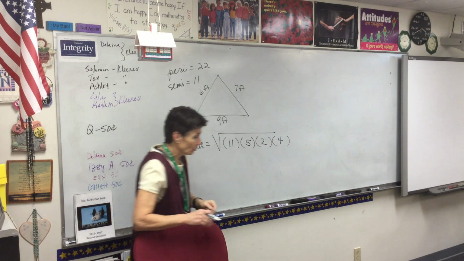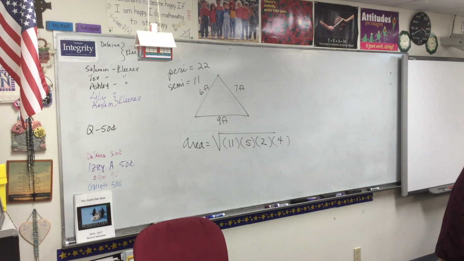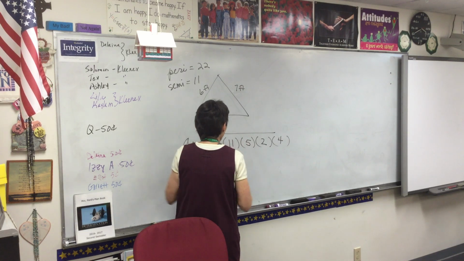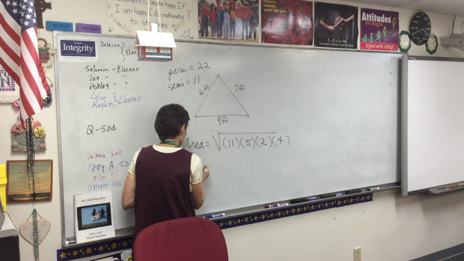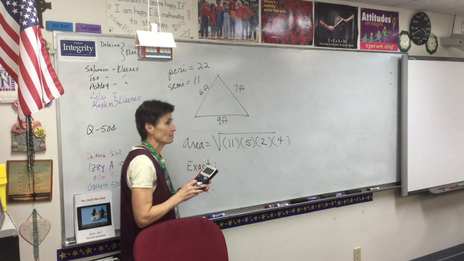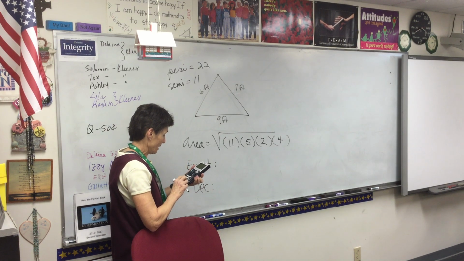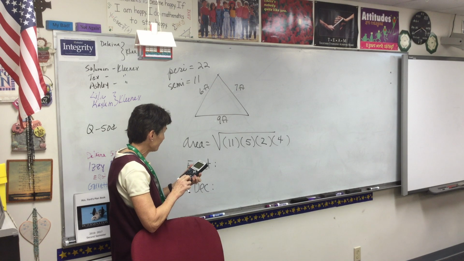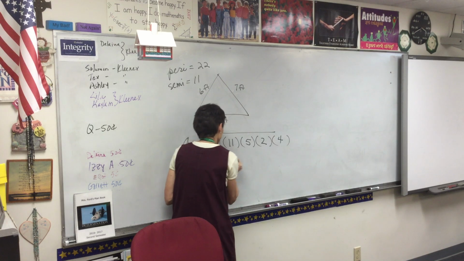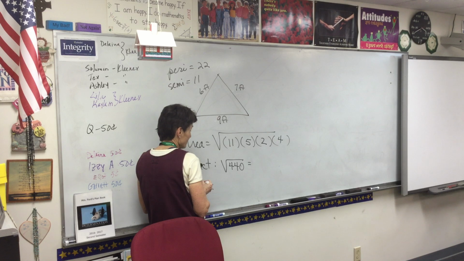All right, so now we're going to multiply all those together into the square root. Now, when possible, I am going to give both exact and decimal answers. That isn't going to be possible for every problem, but it's certainly possible here. So, 11 times 5 times 2 times 4. So this would be the square root of 440. So exactly